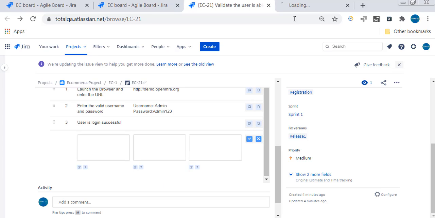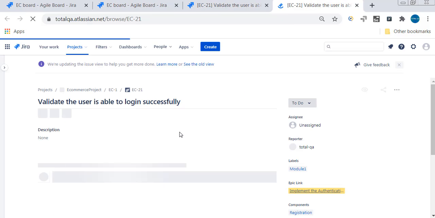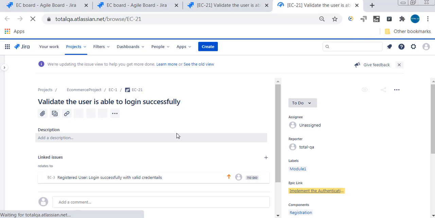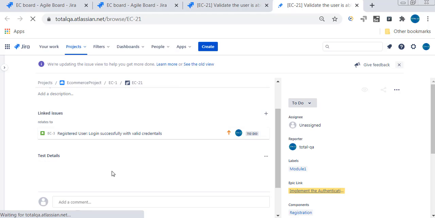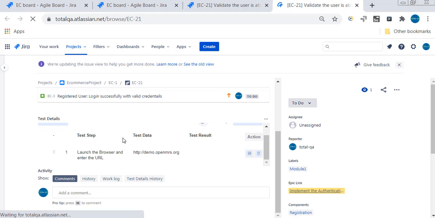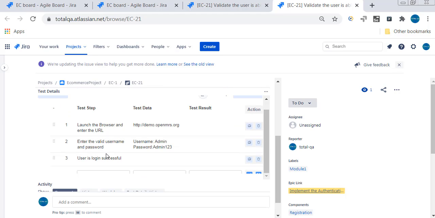So let's try to click on the link again, open a new tab and see, are these test steps getting updated automatically or not? Yeah, so all the test steps are getting updated.